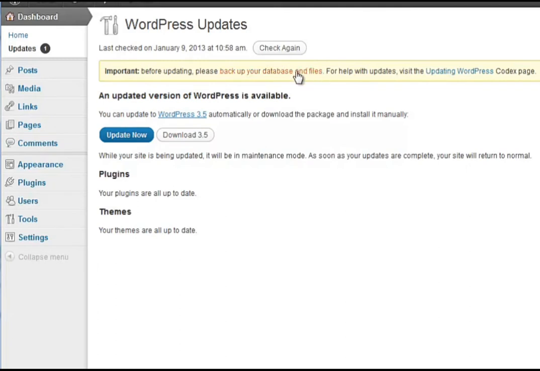You're supposed to read that. I tend not to, but I will show you about that again in one of the plugins I do that kind of gets over that. So update now,